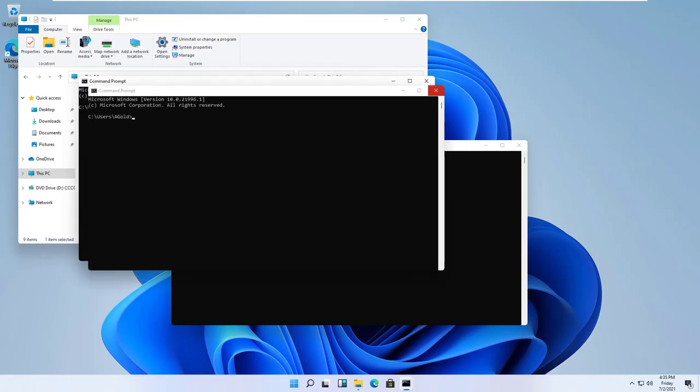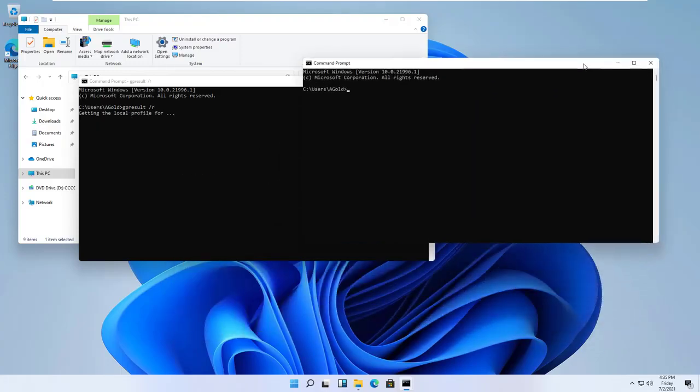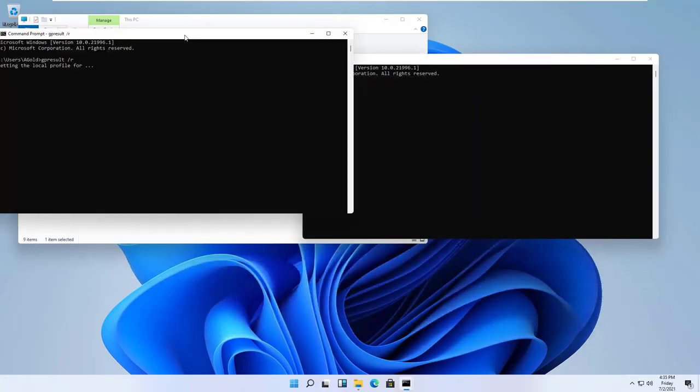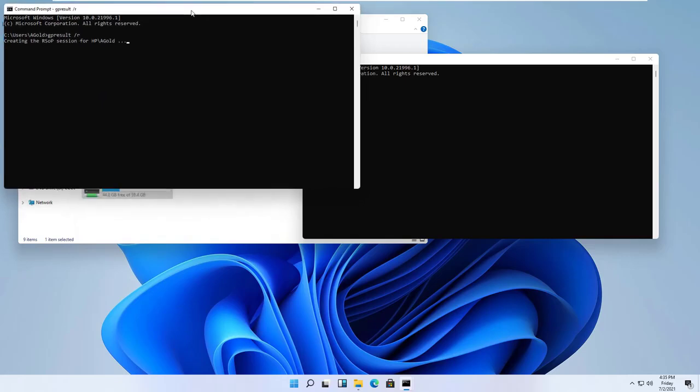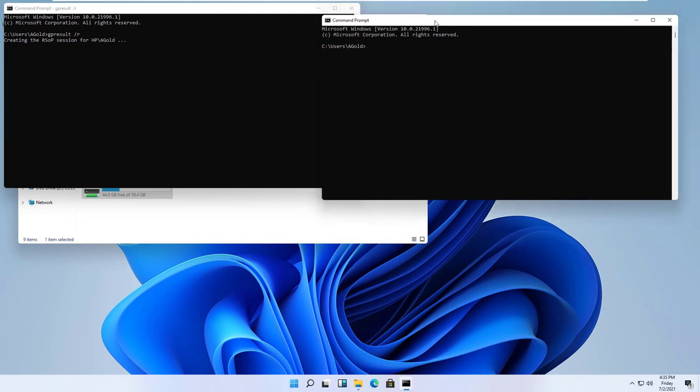I just want you to show this. GP result, then /R. GP result R will show you kung ano yung mga group policy, I mean, parang working na sa inyo.